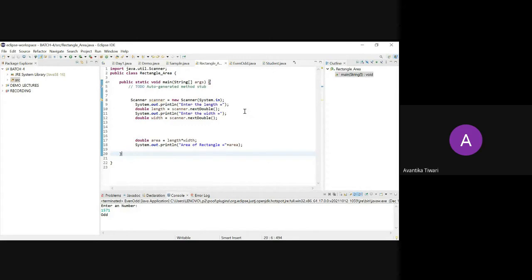In the main method, we are accepting the input and calculating the area. The area of a rectangle is length into breadth. I am multiplying the two values. This is how we use the multiplication operator, line number 17. And then we are printing. If you want to take a photograph, please take a photograph or screenshot of the screen.